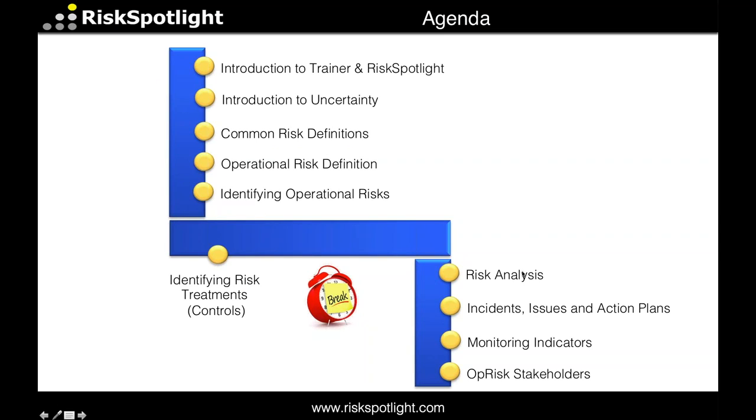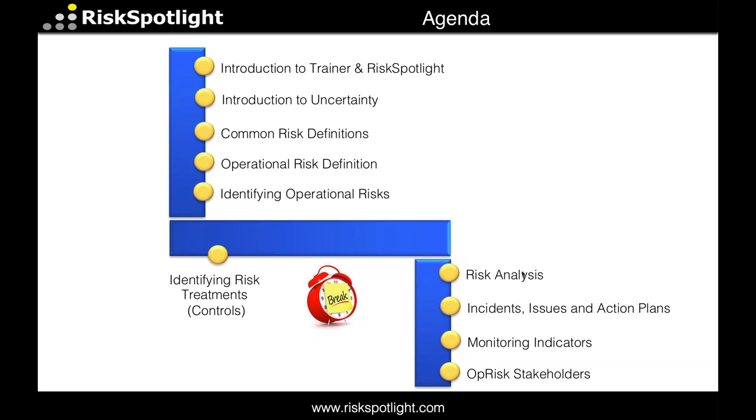Here is the structure of our course. I will first provide a brief introduction to myself and Risk Spotlight, my company. Then we will get an introduction to the concept of uncertainty. And then we will look at some of the common definitions of risk. And then we will look at the definition of operational risk and try to understand the key aspects